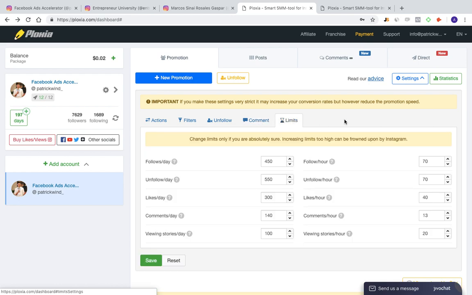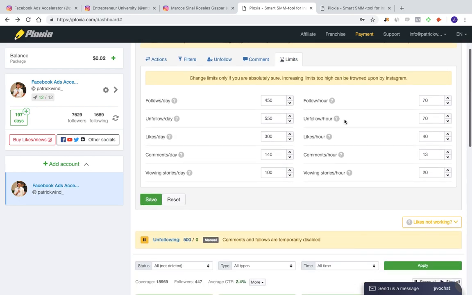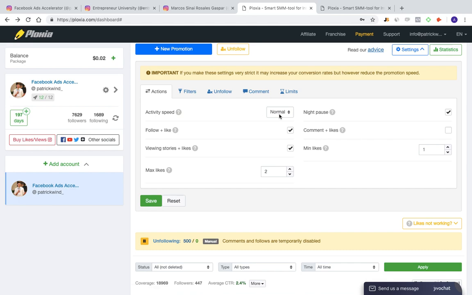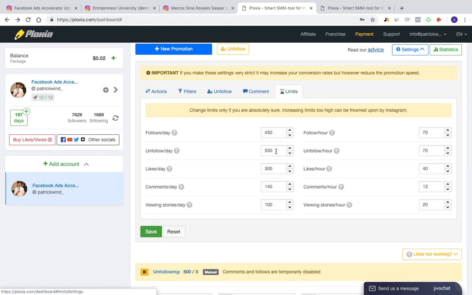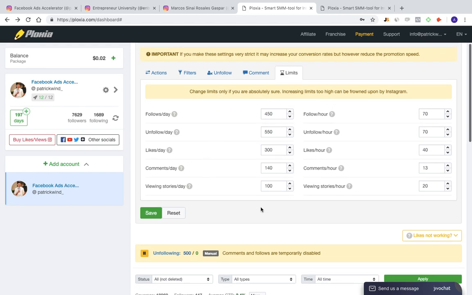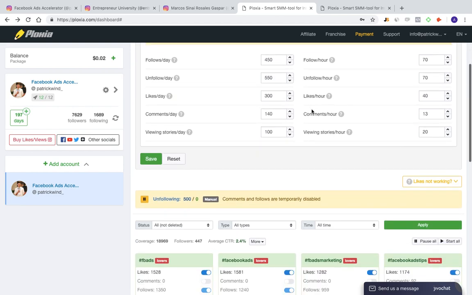The comments we've seen, and then the limits. For the limits, that is very important for your account health, and I recommend to take a screenshot of the ones that I use here, because if it's too small, if it's too low, it would basically once again be the same as if you would do slow here. And if it's too high, if you are too aggressive here, it would basically be very similar to if you do fast here, and that's also not recommendable. So take a screenshot of these numbers and try to make them similar to mine, and you're going to be on the safe side. You see also my unfollowing feature has already started,